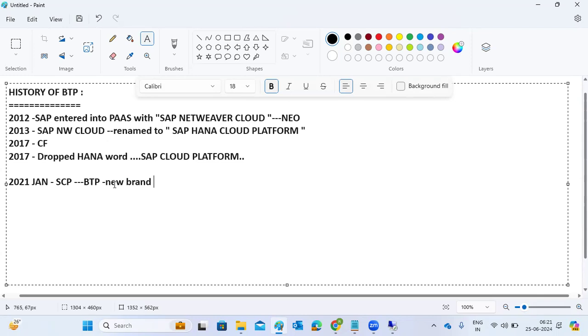On the application side, we have the SAP ABAP environment, and the Fiori-related Build Work Zone. There are many services included in BTP which are not there in the cloud platform.